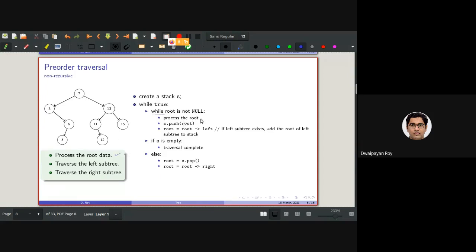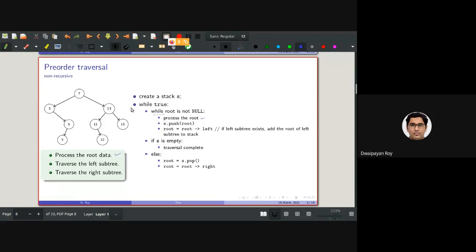We have processed the root data. As we have discussed, in this course, by processing we will be referring to the operation of printing the information part or the data part stored in the corresponding node. So after processing the root, we need to push the root. Why do we need to push the root?